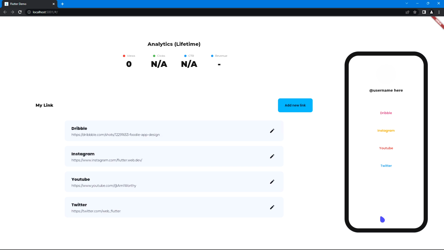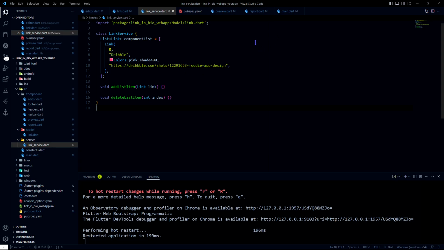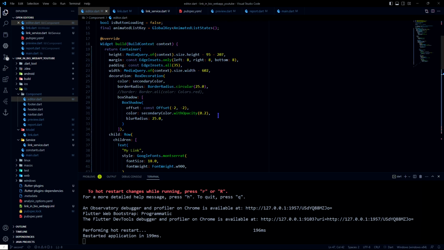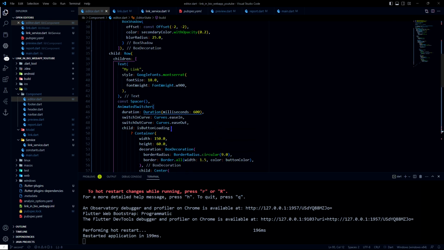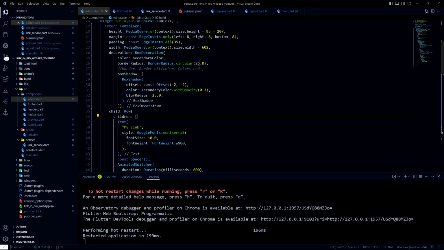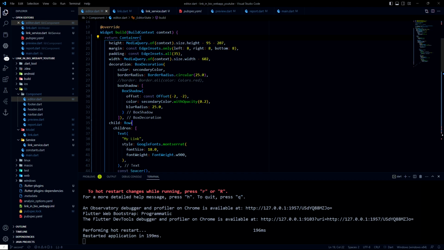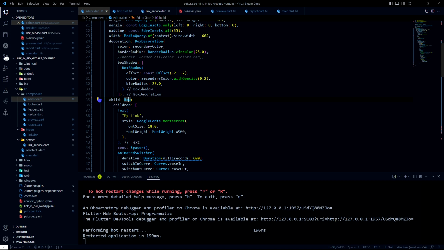So let's get started. In the previous video we created these links, but now as we have created the model and the service, we are going to build this UI. So the first thing we have to do is go for this editor. I'm going to add a column now,